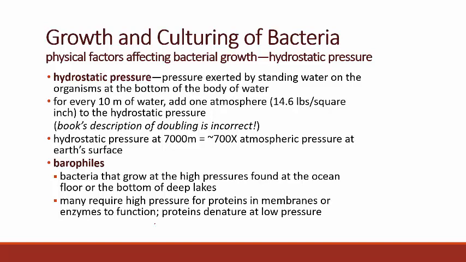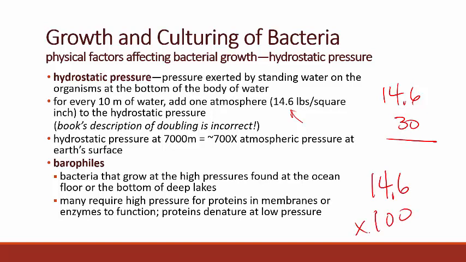Now the book says every time you go down 10 feet you double the pressure. That is not accurate. They screwed up on that. It's a multiplicative factor. So if you go down 30 feet, it's 14.6 times 30. If you go down 100 feet, it's 14.6 times 100. So that's easy to do. It would be 1,460 pounds per square inch would be the pressure on whatever the organism is there at 100 feet below the